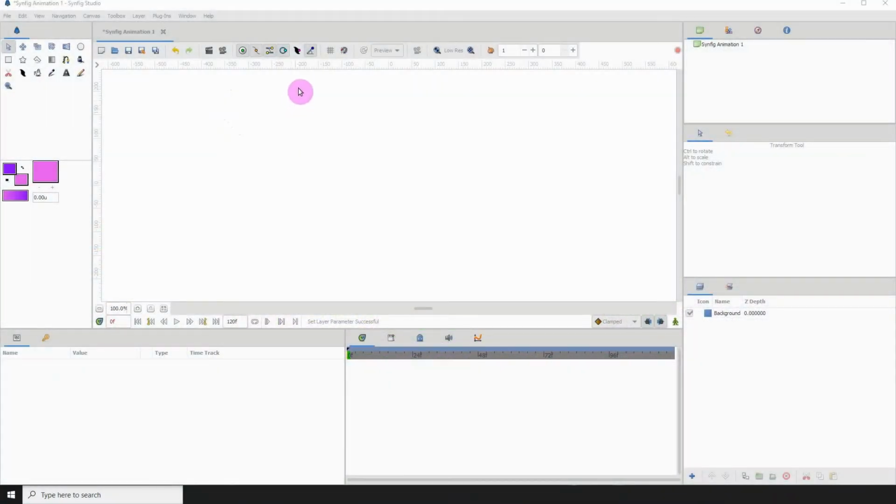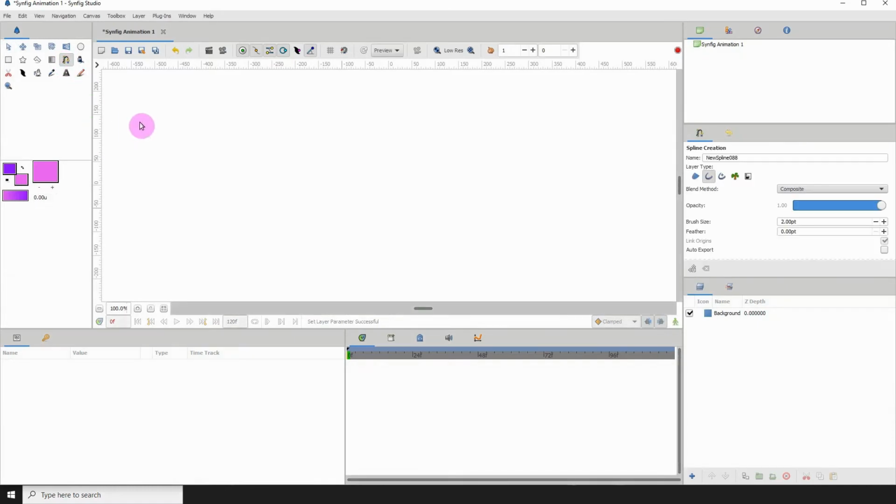Welcome to another Synfig tutorial, and in this one I'm going to be showing you how to bend an arm using bones, and we're only going to be using one shape. So what we're actually going to do is recreate, if you've ever watched any of those cartoons, like maybe Adventure Time, how their arms bend as if they have no bones. Okay, so to do that, the first thing I'm going to do is select my spline